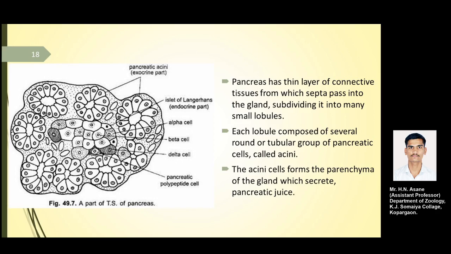Okay, so the TS of the pancreas is showing the islets of Langerhans, acini, as well as the intralobular ducts which are present in this particular system. That intralobular duct is present for the exocrine part of the cells, which secrete digestive juices that have a watery or fluid structure.